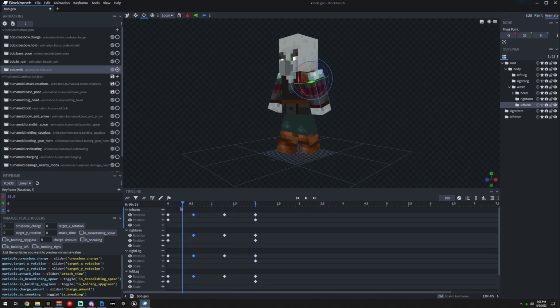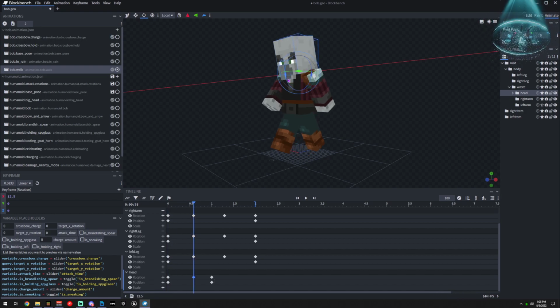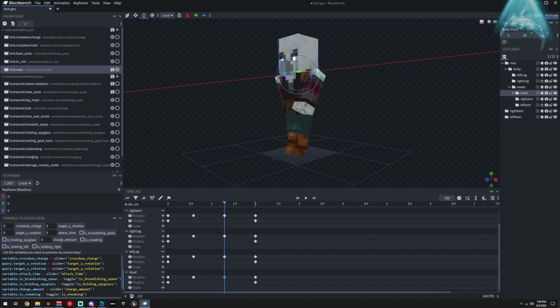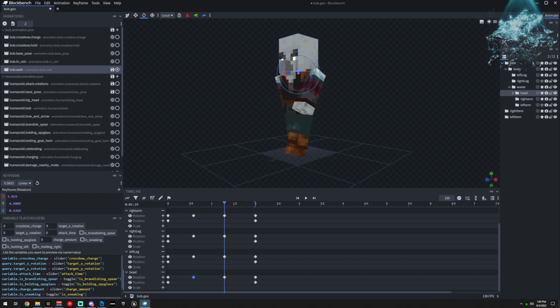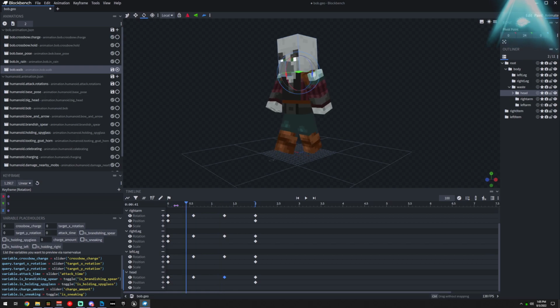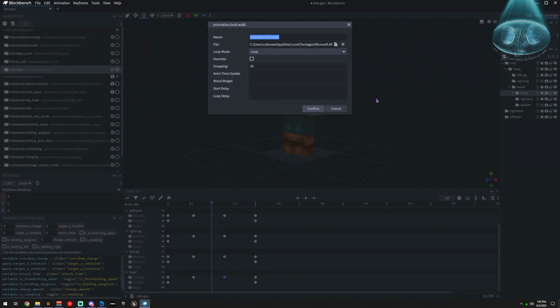If you're going to really add in, I'd make sure you also have your head. Same thing, we've got our head, and I'm going to have the head go down just a little, and I'm going to take our zeros and put them back. You probably also want it to go from one side to the other just a little. So now we've got a little bit of head movement at the same time. You can play with this and make it as good as you want. I'm just quickly showing you the basic concept. So now we've got our walk animation.